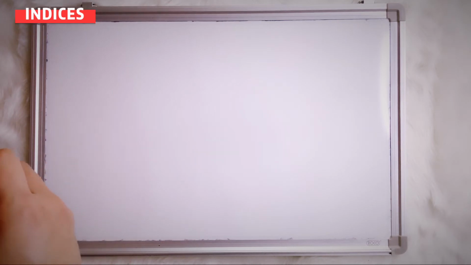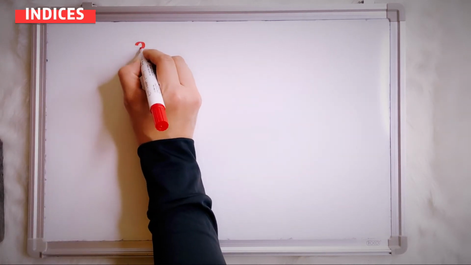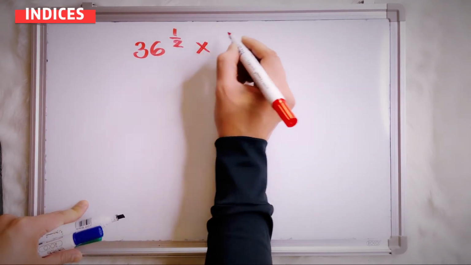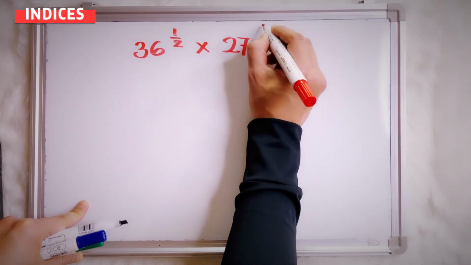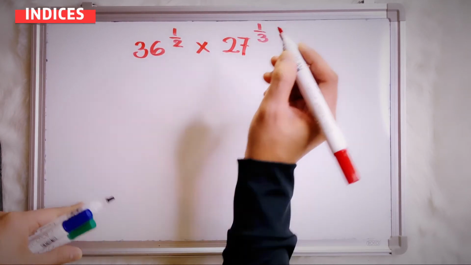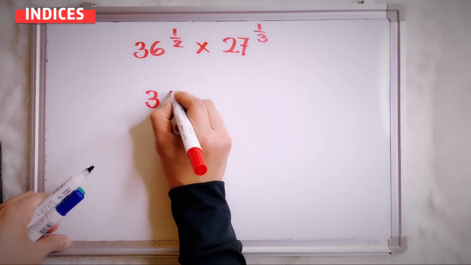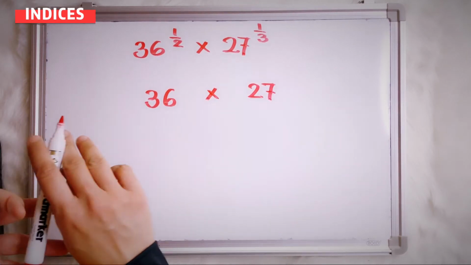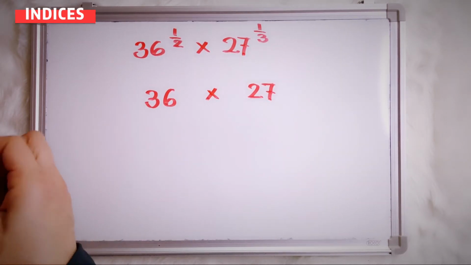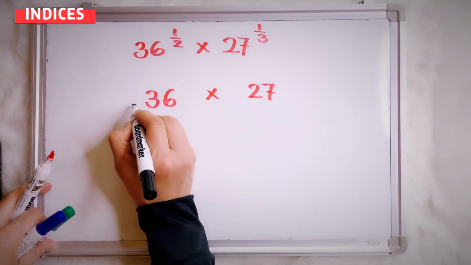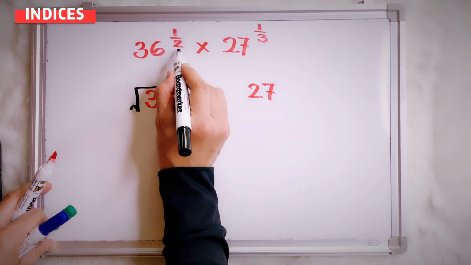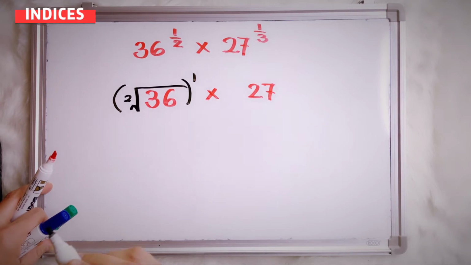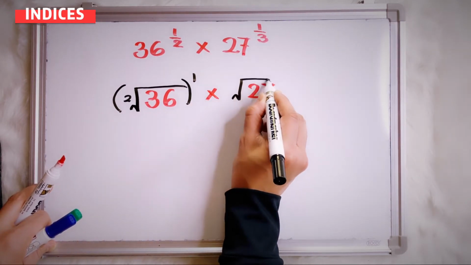Okay, so let's say I give you 36 to the power of 1 over 2, multiplied by 27 to the power of 1 over 3. Alright, put the number first: 36, you multiply here, 27. Okay, focus on the number. Now, I'll show you. Here you have to put the bottom number here, put a bracket, and the top one you put outside the bracket. Same like this. Okay, number 3 here,